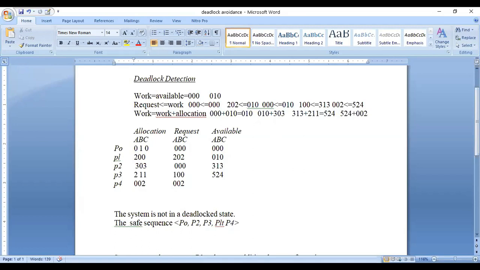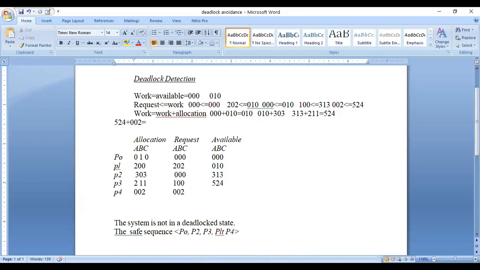What is the total value? 5, 2, 6. So then the safe sequence here includes P4. So P4 is entering into the safe sequence.